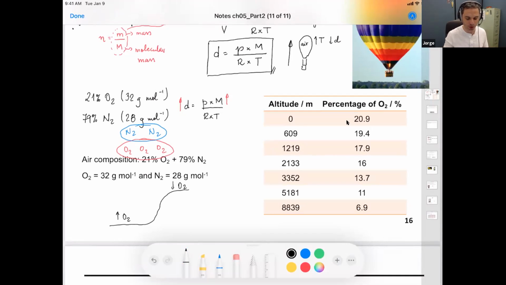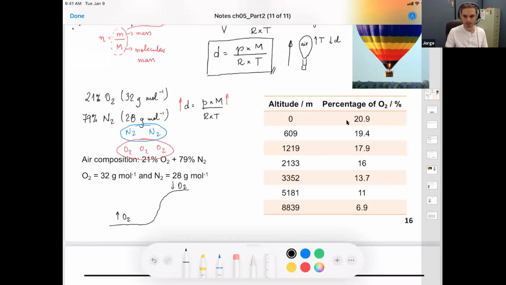And here I'm showing you a table showing the percentage of oxygen as a function of the altitude in meters. At sea level we have roughly 21% of oxygen, and it doesn't take much: if you go to an altitude of 1219 meters, the concentration of oxygen decreases to